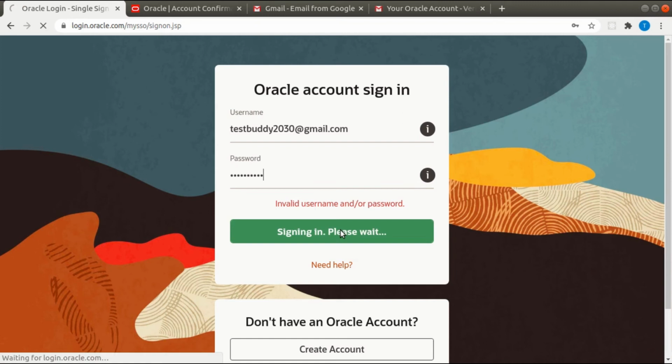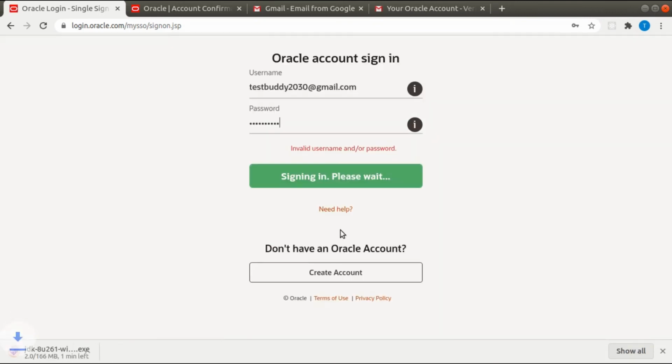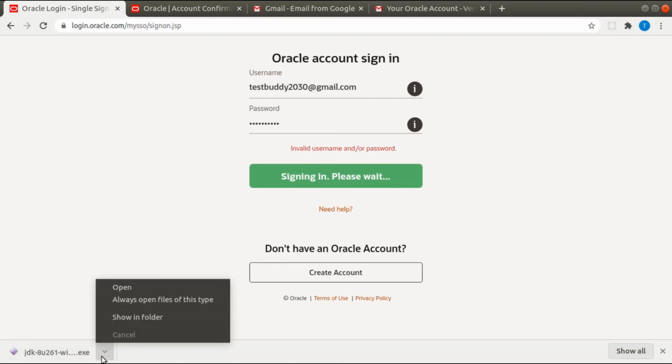So let's try it one more time, and let's wait for it. Okay, my login to Oracle account is successful, and here on the bottom you can see my Java. Here's our Java file. You can show in folder,